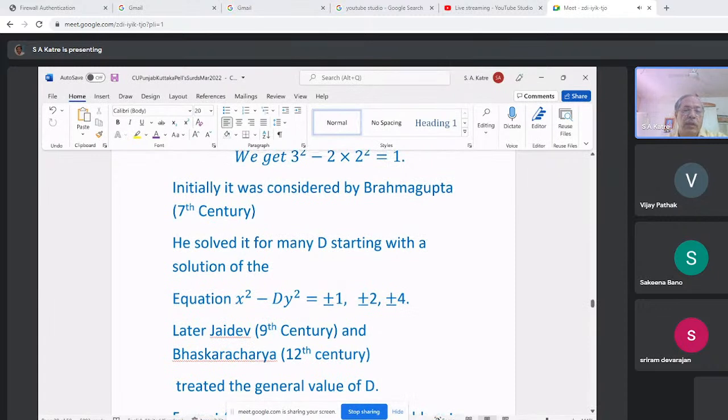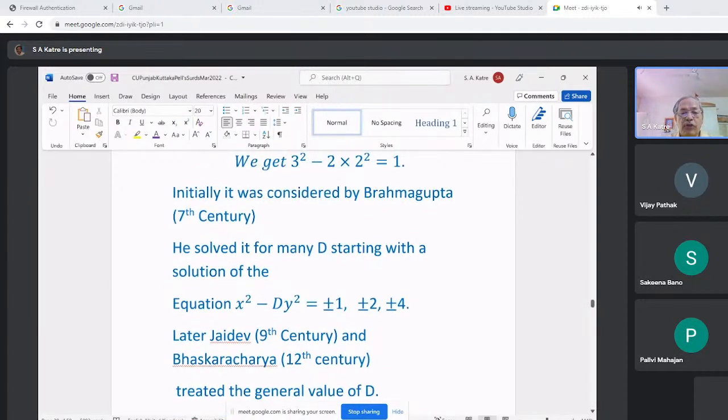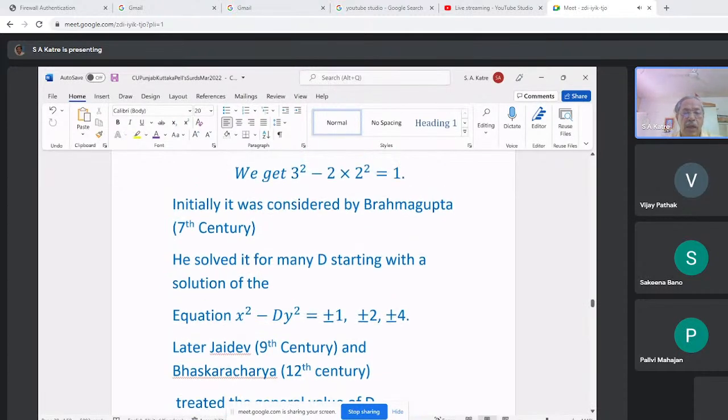However, the important thing about Pell's equation, the equation x square minus d y square equal to 1, is that no country has claimed that they have solved this equation. So the credit of the solution of Pell's equation goes to Indian mathematicians only. And there is an interesting history of how Indian mathematicians solved it using the results of previous mathematicians, like Brahmagupta, who came after Aryabhatta,